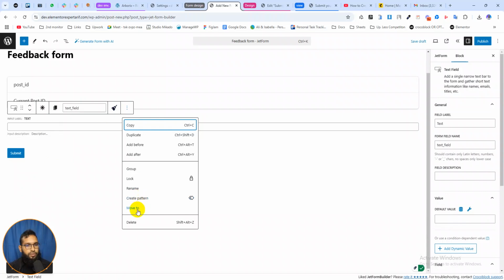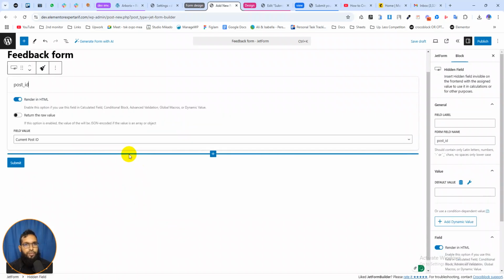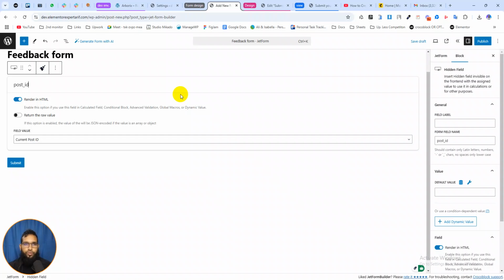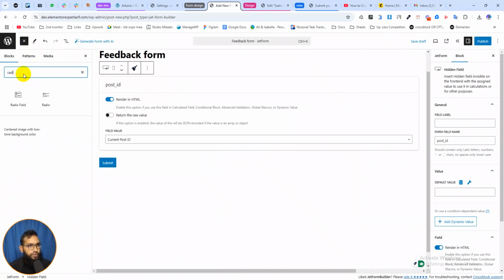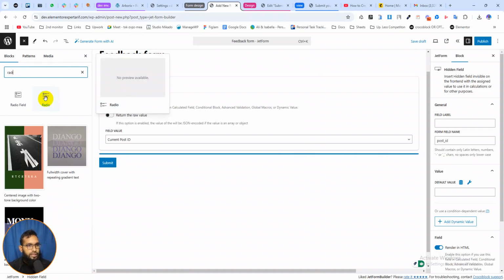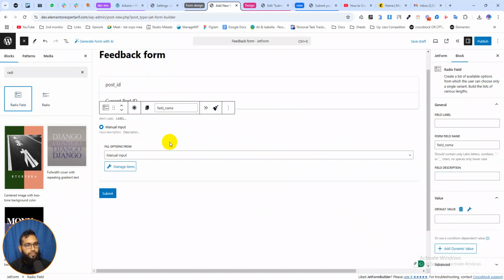So initially we need to display the option from 1 to 5. They can rate us. So we need a radio field. Here's the radio field. Not this radio, the radio field. This is from JetFormBuilder. So in this radio field, we are going to name it